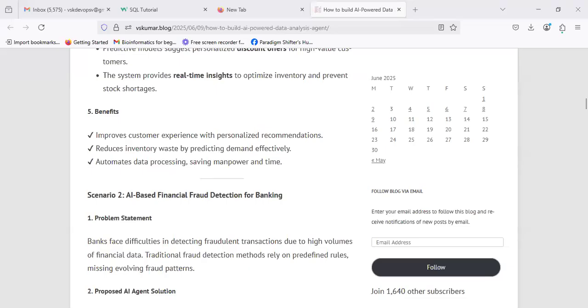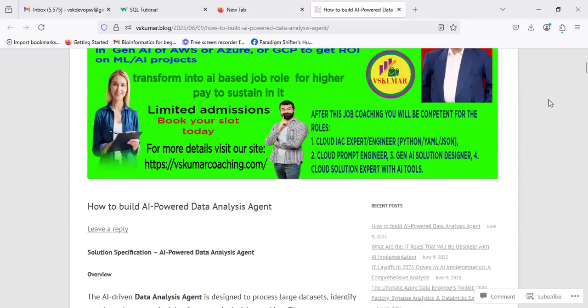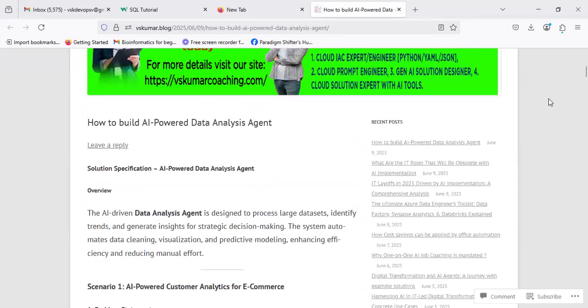Hi, Rahul. Hi, sir. So what we'll do is we will walk through this particular use case, how to build